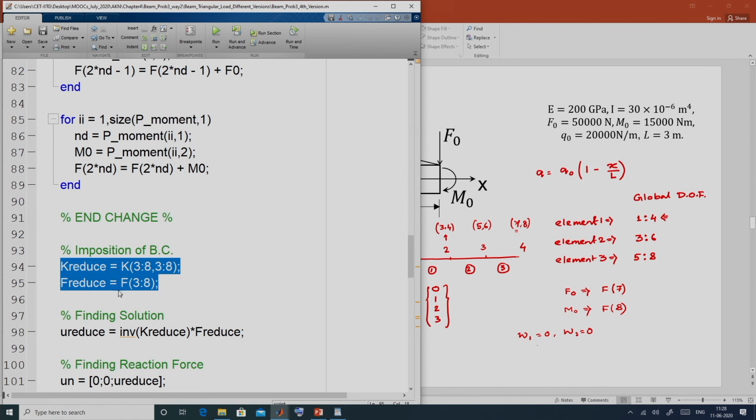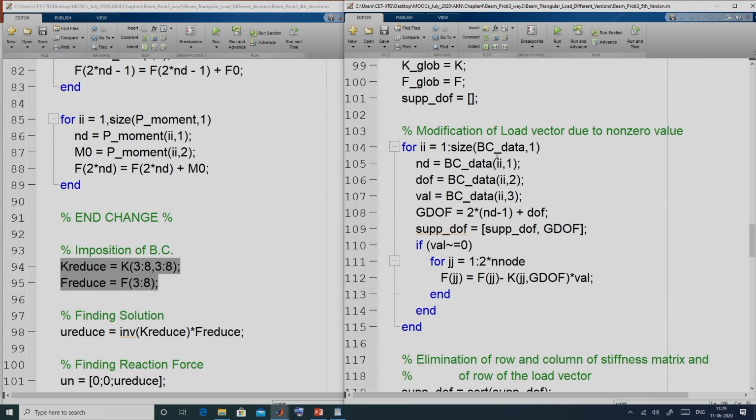Now, this is for this particular problem, we have to generalize this.